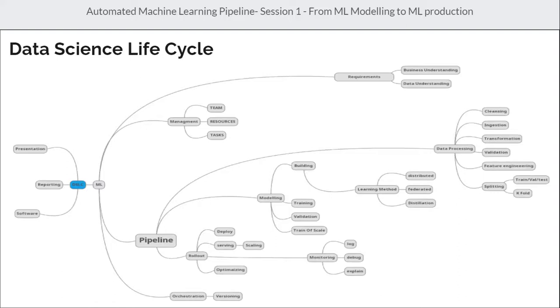This team is a sub-team from the original team working on the full ecosystem that we showed previously. Then the resources that we are going to use and what the tasks are. And then we will start from the data processing. Here is the pipeline exactly. Now, after we have our plan and we understand our requirement, we will start our pipeline from.